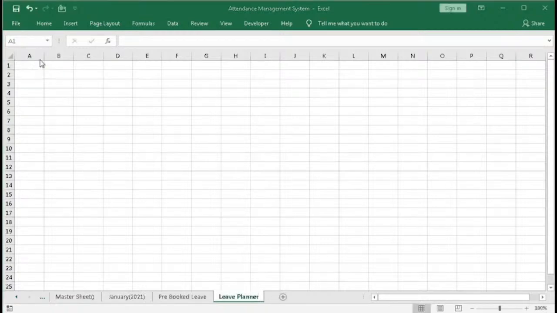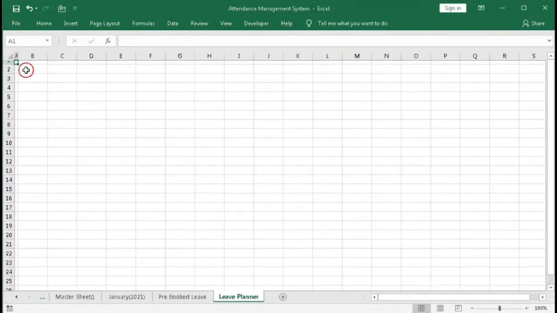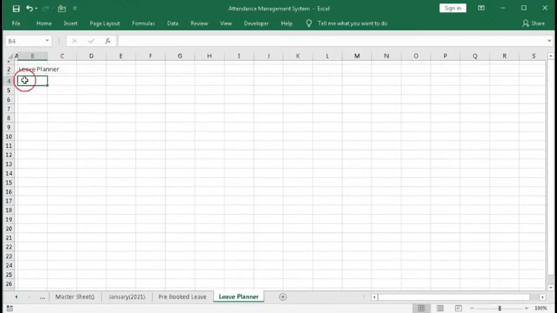Okay, now first reduce the column width and the row height, then type here leaf planner, then reduce this row height, then type here select year, select month, then select day,